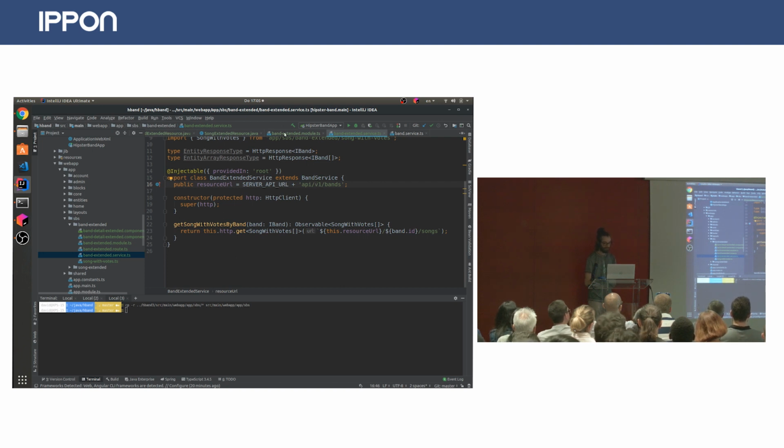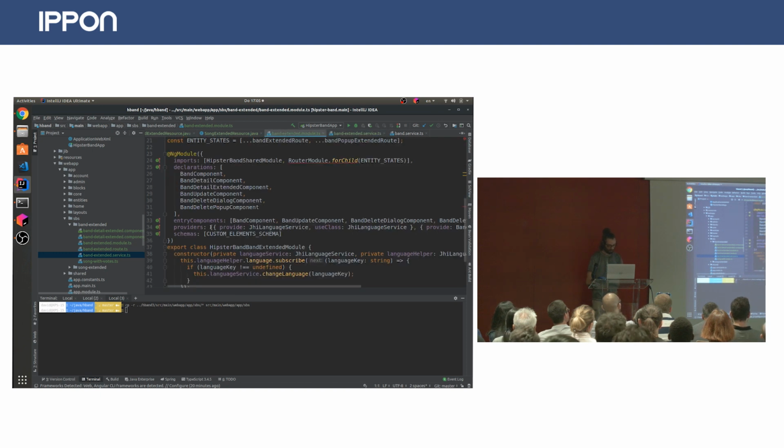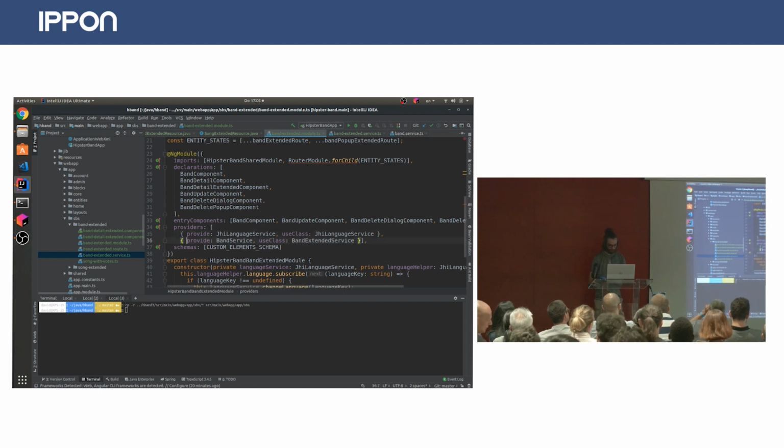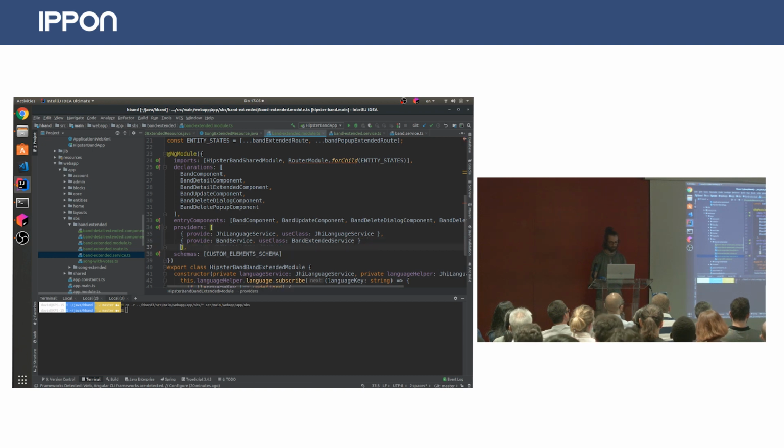And the next thing is how to actually make this service work in the dependency injection of Angular. And the move I do here is this one. Because in a module you have providers. We use the providers to inject the JHipster language service, and it's this way to inject Angular's band extended service for all instances of the band service. And the next thing is